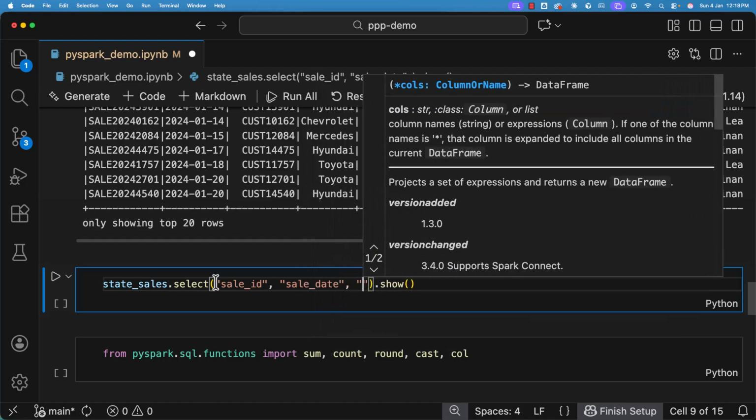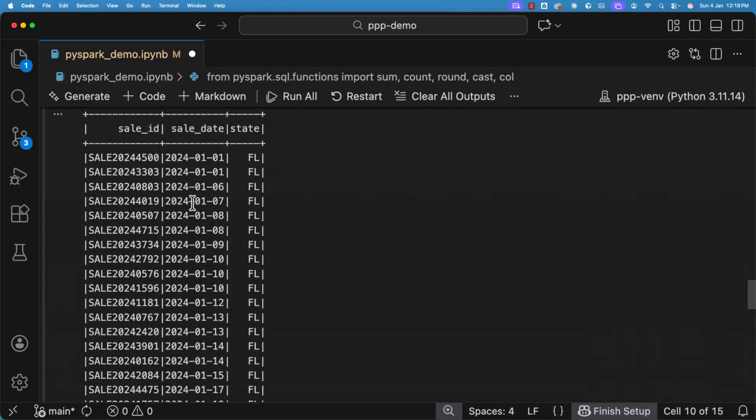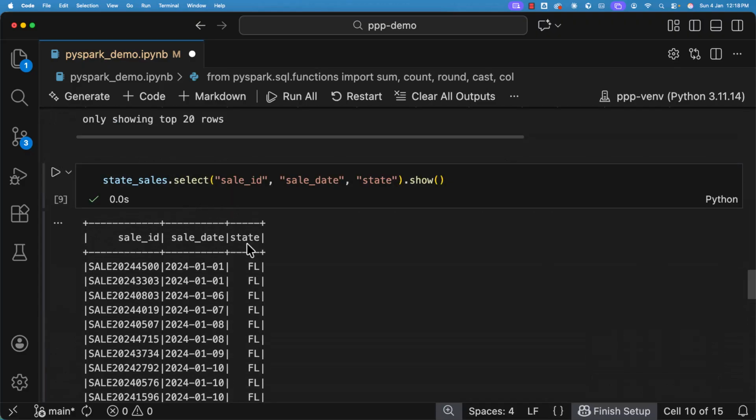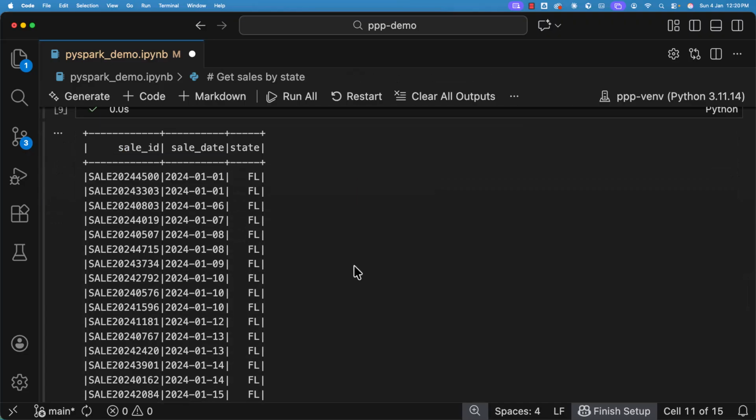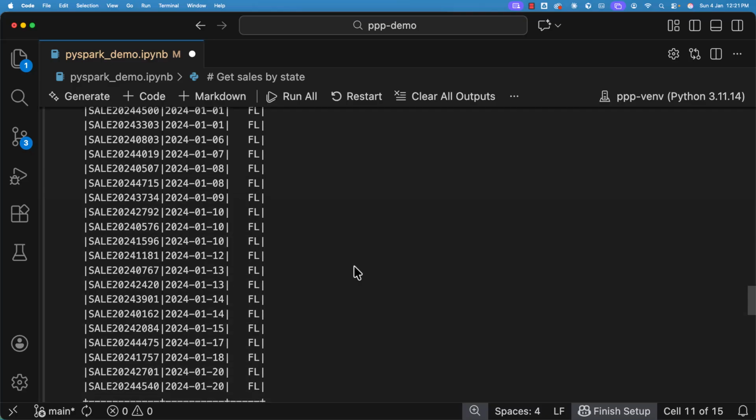On top of these two, state, you can see the data as per the expectations. State sales contains only data related to Florida. As we have gone through the details about how to filter the data, now it is time for us to